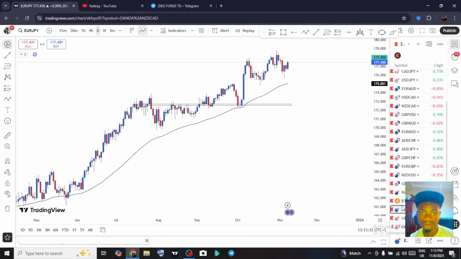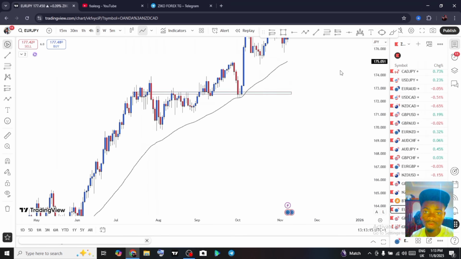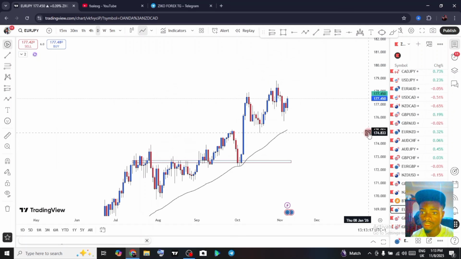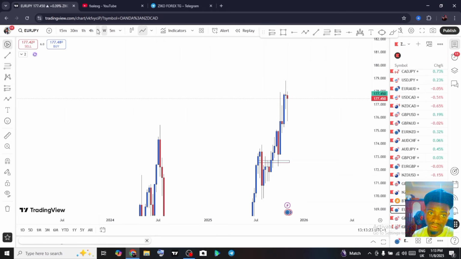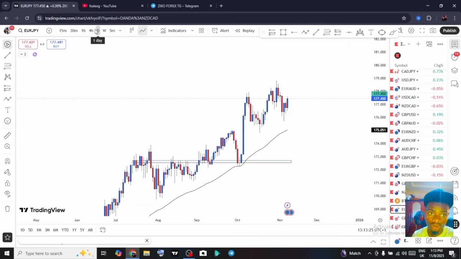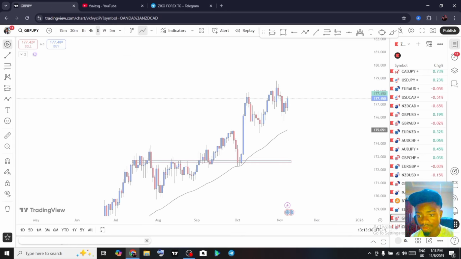Euro JPY. If all JPY pairs are telling me buys, I might just add those two JPY pairs for this week and see. Daily time frame bullish. Daily time frame bearish, sorry. No area of interest, by the way. There's no need to even continue. GBP JPY